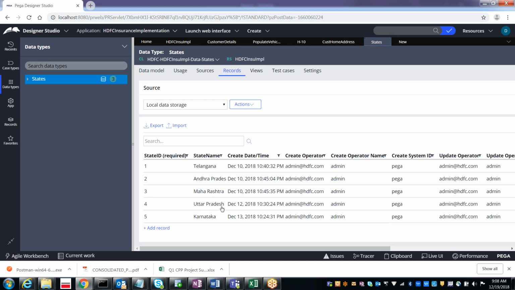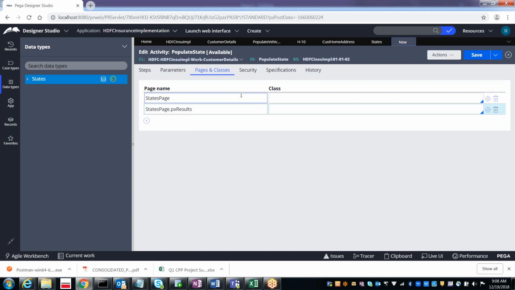For Uttar Pradesh, again one record, one page. Likewise, in total I need 5 pages. As you need 5 pages, you need to go for the page list property, not the page. So in this activity, you need to select page list. How can you create the page list? Through the px results.